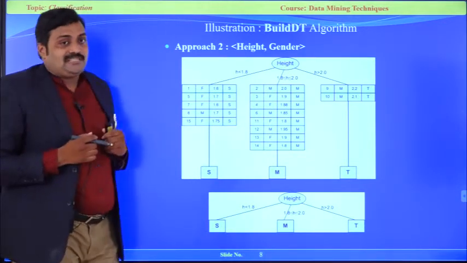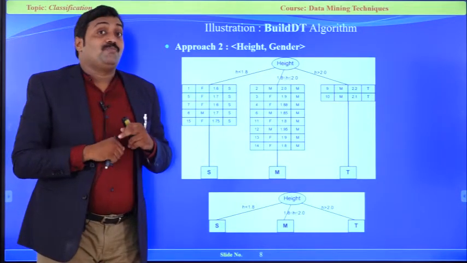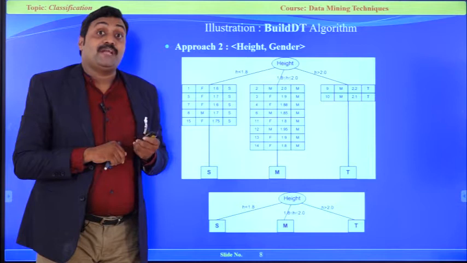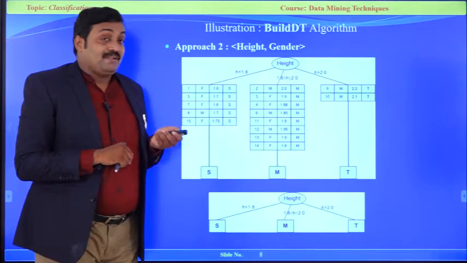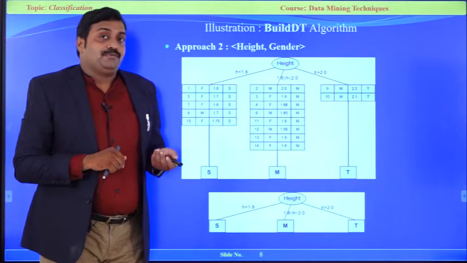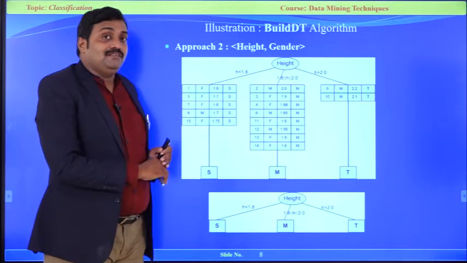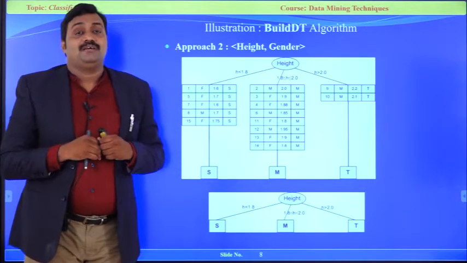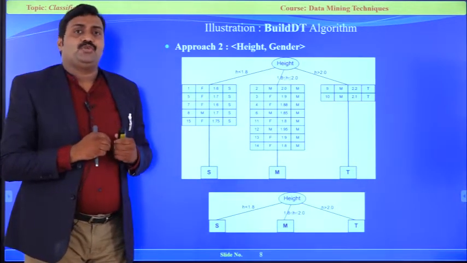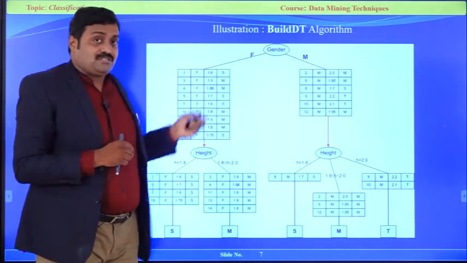Here a question arises. With this example, we got one more question. Which attribute do I need to select? Previously we had a doubt about how to split the attribute, the splitting condition. After knowing the splitting condition, now we have a question: which attribute do I have to choose? Because if I choose gender, I need to traverse twice.